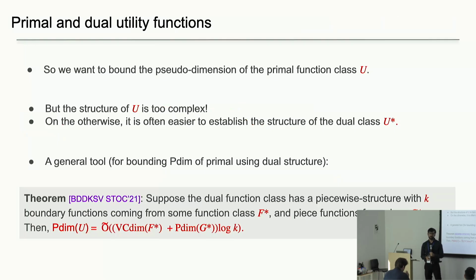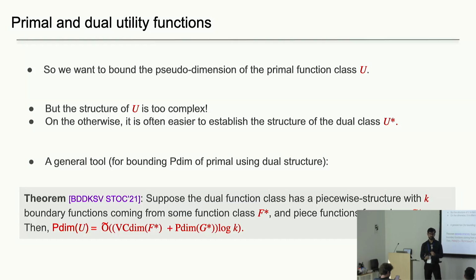Okay. Coming back to primal and dual utility functions, there is this brilliant seminal work which gives a general result in terms of the VC dimension and pseudo dimension of the dual function. That's the reason why I talked about dual functions. The sample complexity depends on the pseudo dimension of the primal function, but that can be hard to analyze. Remember, it's a function of two variables, the problem instance and the algorithm. But if you look at the dual function, you fix the problem instance and vary the algorithm or the hyperparameter,